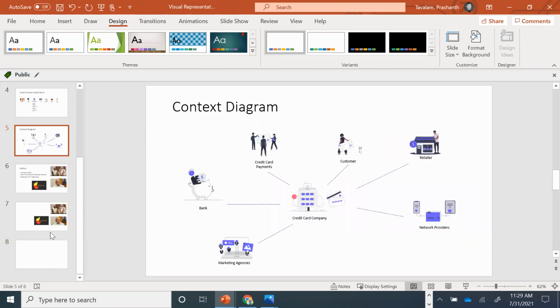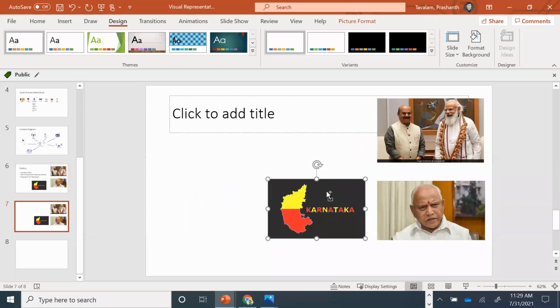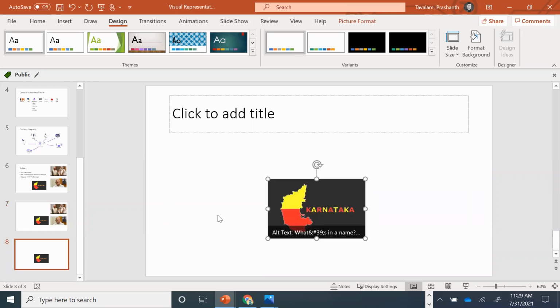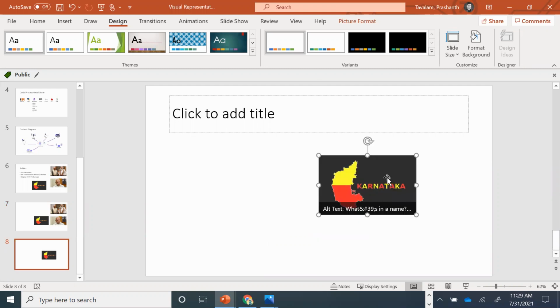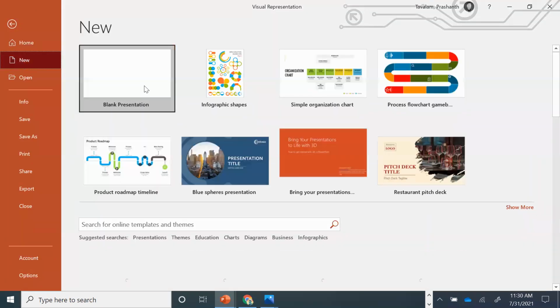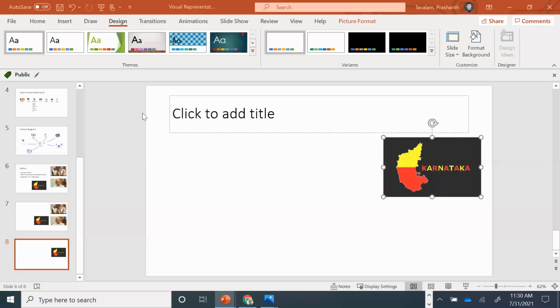There's an option called design. So let's add that and see how it works. Let's take a blank presentation.